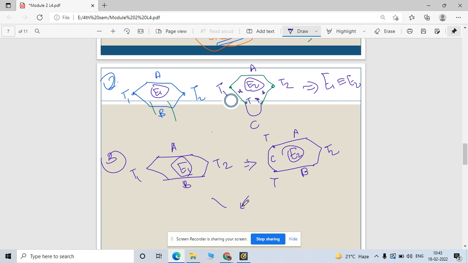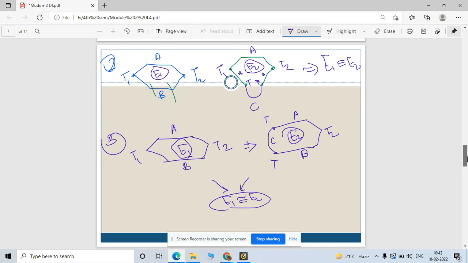Then this potential is also almost the same for this condition. Okay,